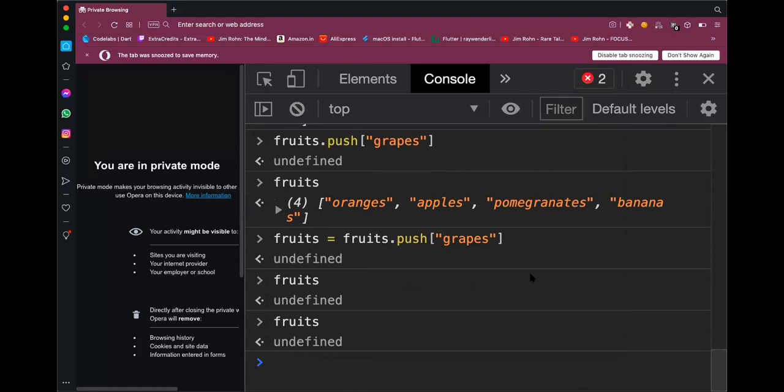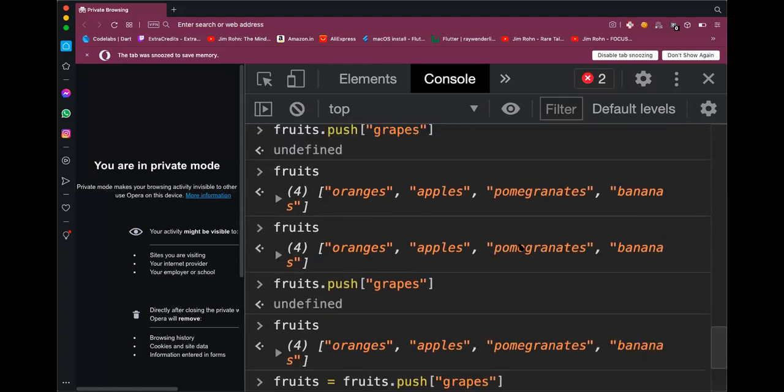What mistake am I making, guys? I printed fruits, things were fine. I pushed grapes onto it, undefined, nothing happened. Now it might be the case that push does not mutate the array, which is fine.